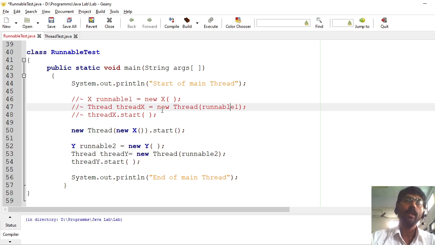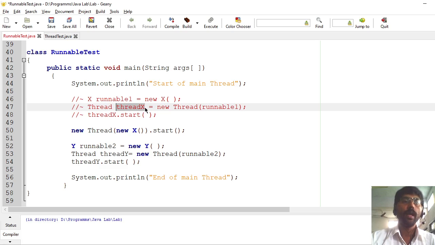Runnable1 is an object of a class that implements the Runnable interface. When I pass runnable1 as a parameter to create the thread object X, you are actually creating a thread of the X class.